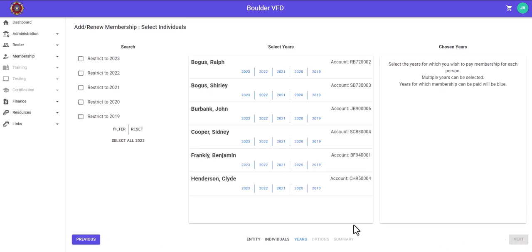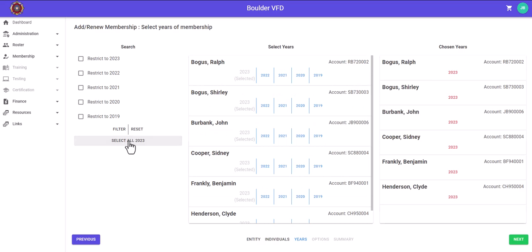And here he gets to select the years for these individuals that he wants to pay membership for, up to 5 years. Now he knows that he's going to do all of 2023, so he could select each one individually, or he could just come over here and say select all 2023, and that'll move everybody over. If, for instance,